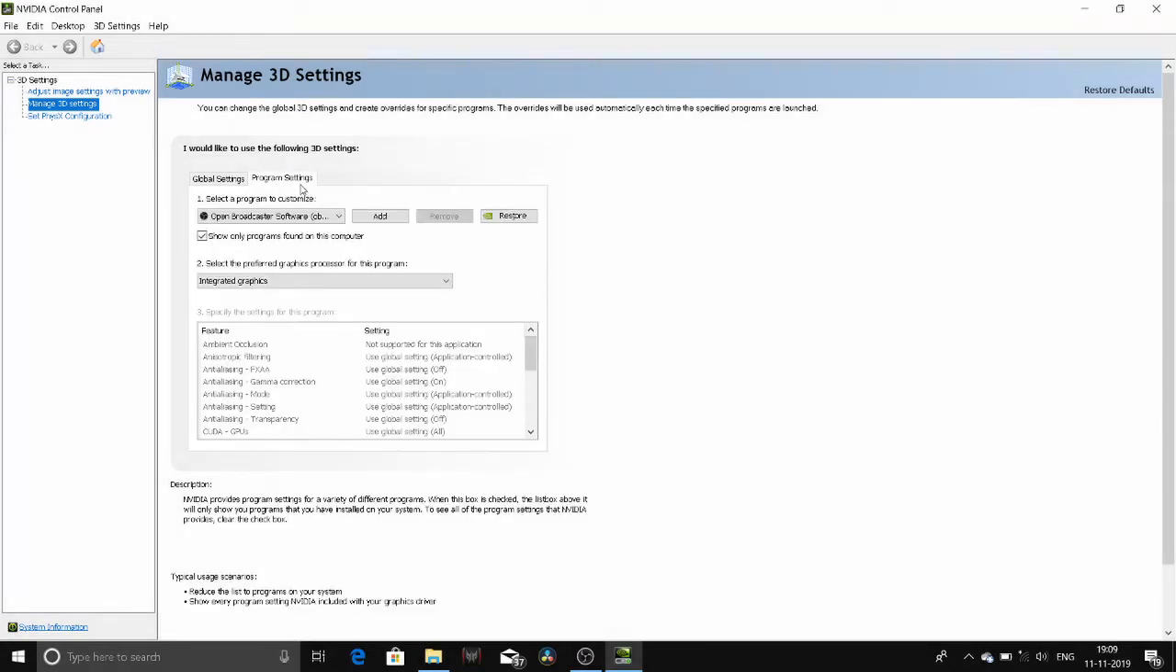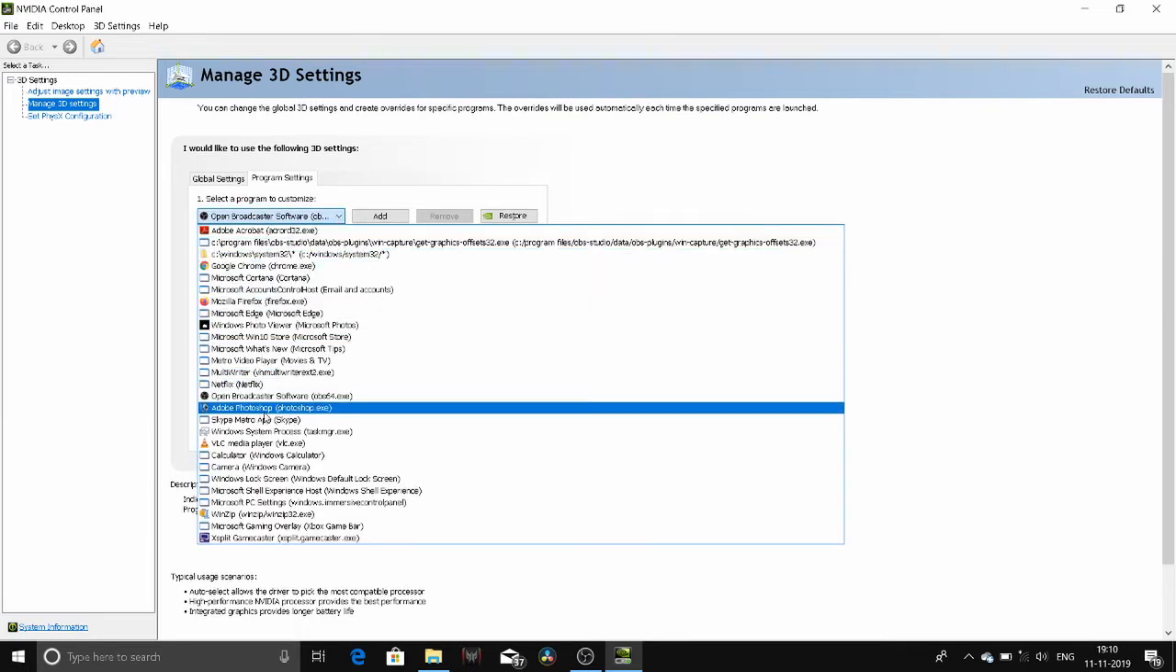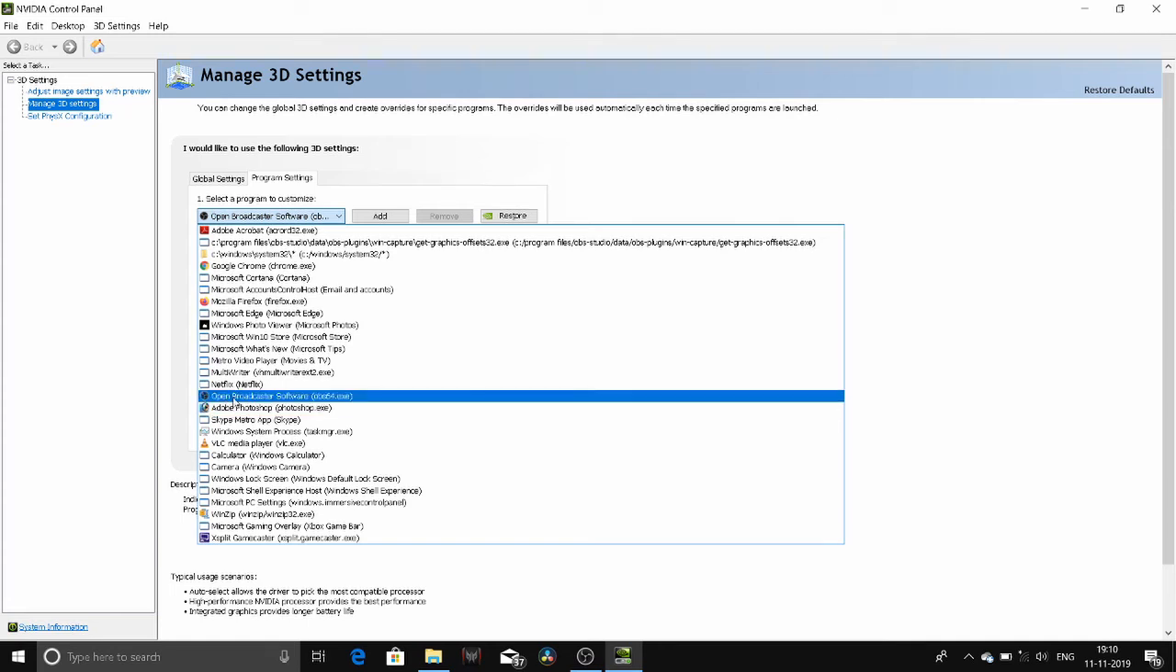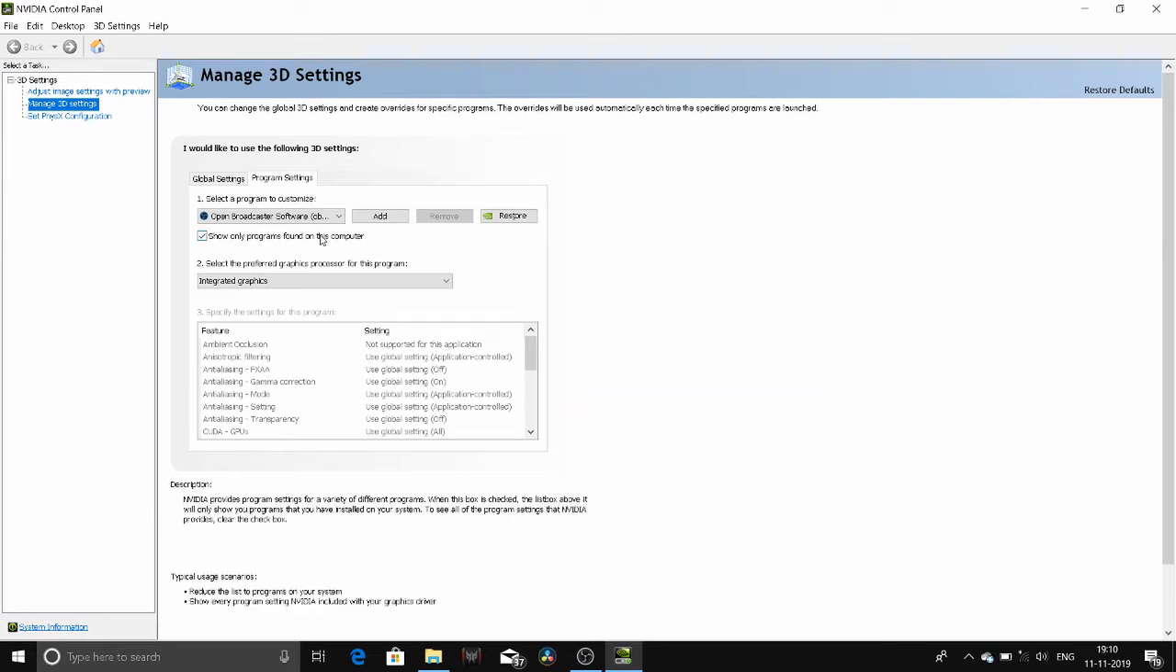After selecting program settings, first select a program to customize, and second, select the preferred graphics processor for the program. After these two settings, your problem will be sorted out. So first, select a program to customize. What program? Select your OBS program, Open Broadcaster Software, OBS 64, and I have already selected it, that's why the Open Broadcaster Software